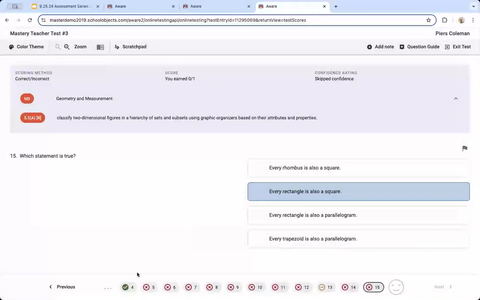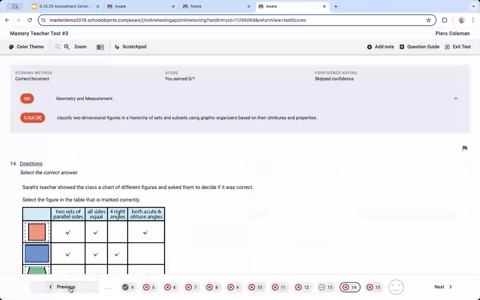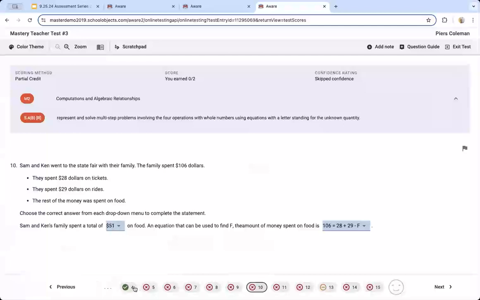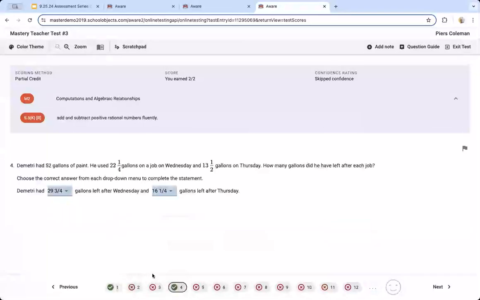And then once they've done that part, they can go through question by question and look at the question and see what the standard was. They can see the question again. They can see what answer they picked. The teacher can tell them what the correct answer actually was. They can do any recording they need to in a learning journal or a graphic organizer you have, and then they can begin to start that reflection process.